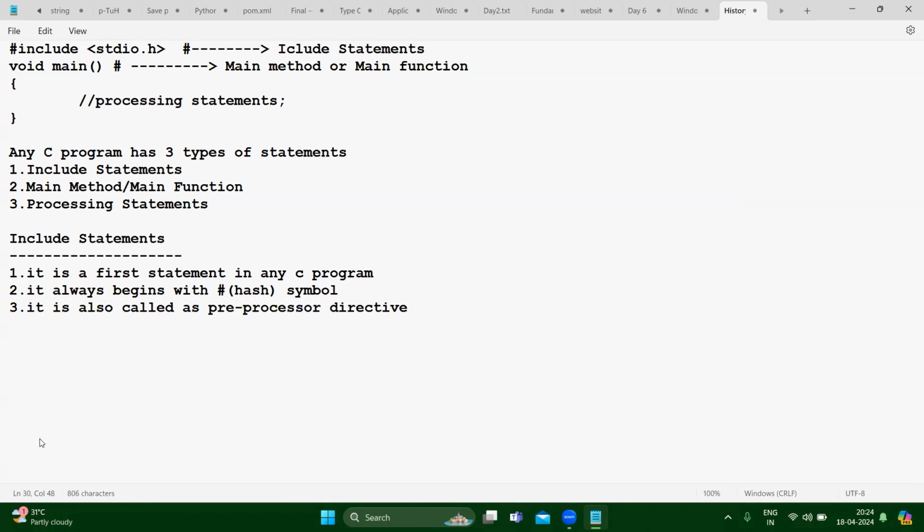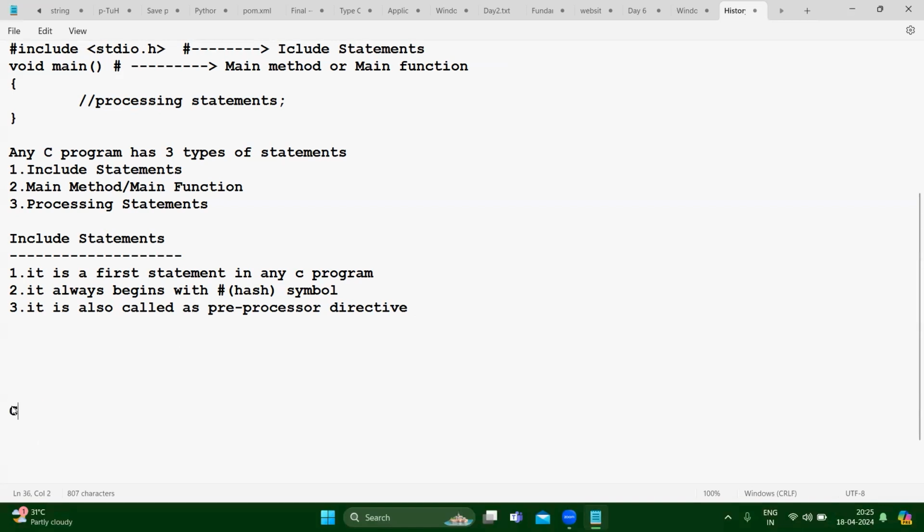What do you mean by preprocessor? It means before processing it, the first thing is it will be pre-processed. See, you write your 10th class examination, right? So before the final exam, there will be a pre-final exam. You will write the pre-final exam like that, right? And what do you mean by directive?